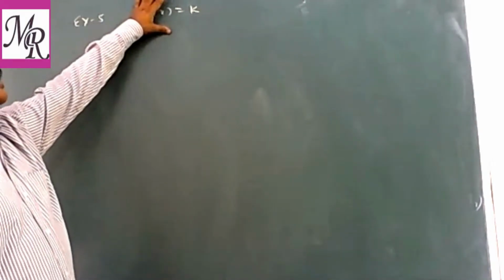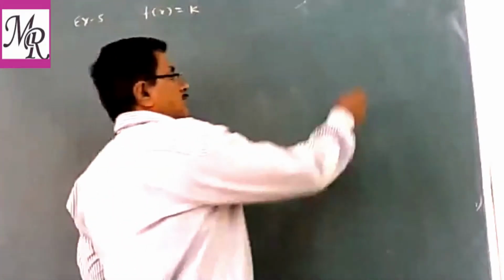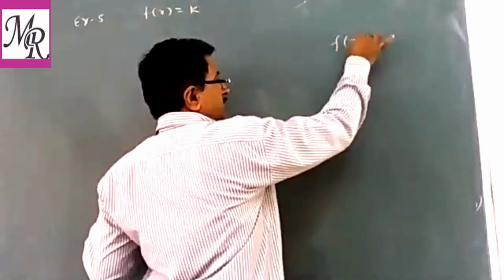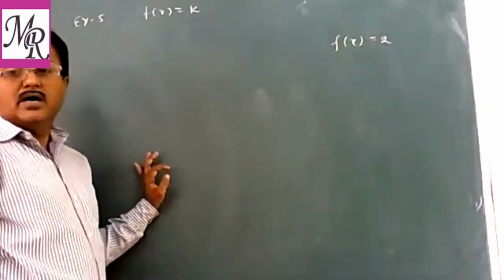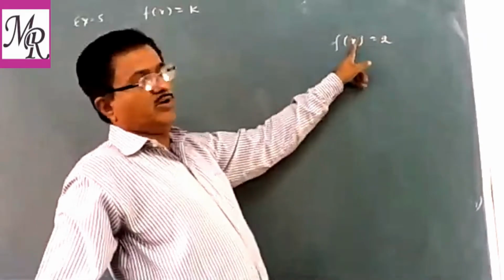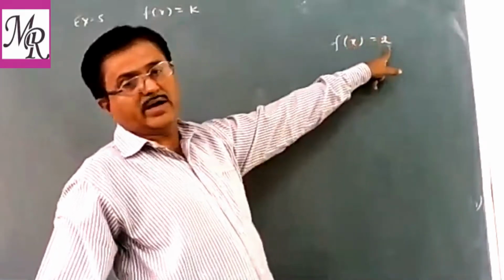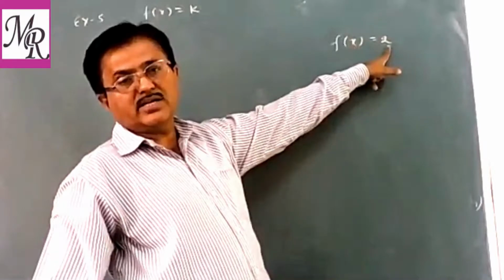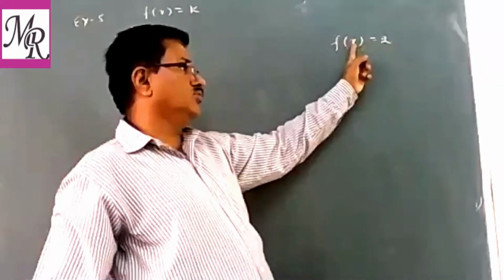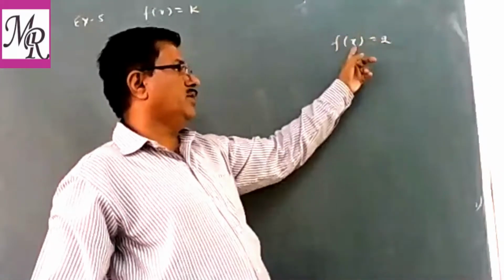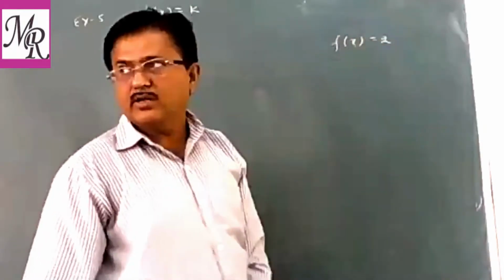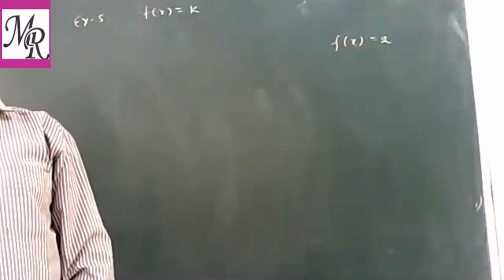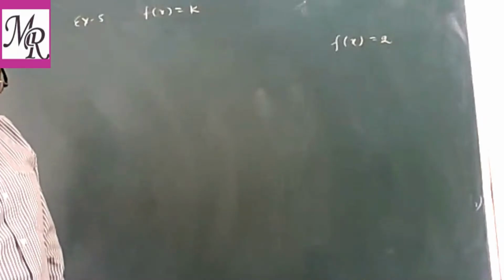How do you know it is defined? Suppose we give you a function f(x) equal to 2, right? Therefore it is a constant function. Here you keep any value of x, it will always be 2. That means we can find the value: put x equal to 1, 2, -1, 0, 1/2, 3, 4. So this is defined for every real number. So first of all, you always have to check whether the given function is defined or not.